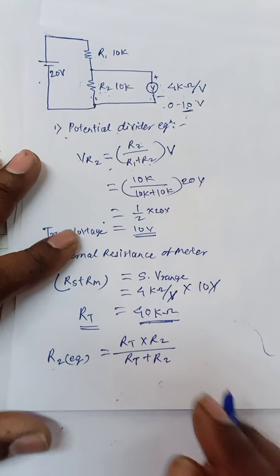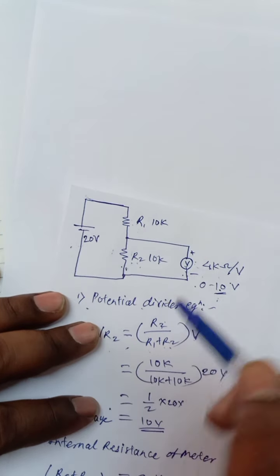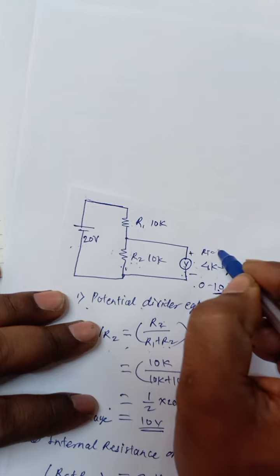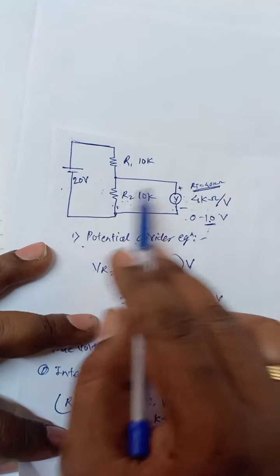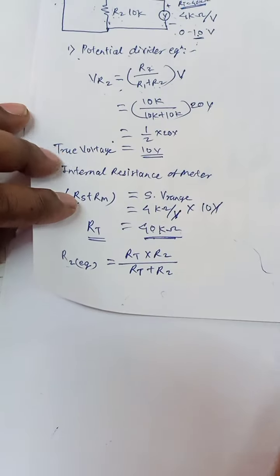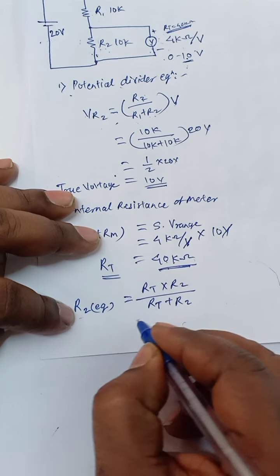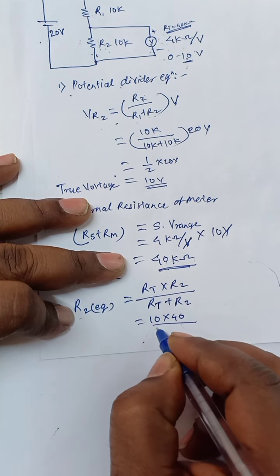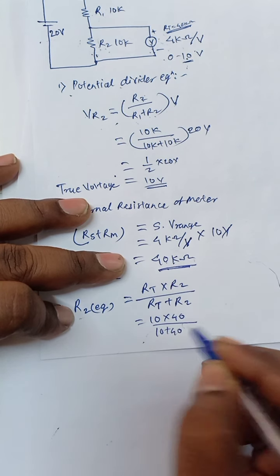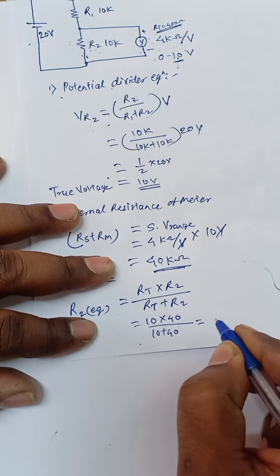Okay, if the two resistors R2 and RT are connected in parallel, where RT is equal to 40 kilo ohm, then we can use RT into R2 divided by RT plus R2. So 10 into 40 divided by 10 plus 40, if we solve this, it becomes